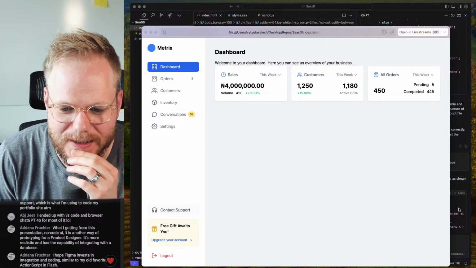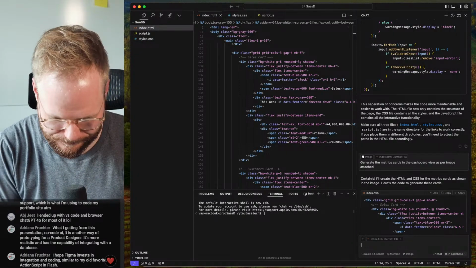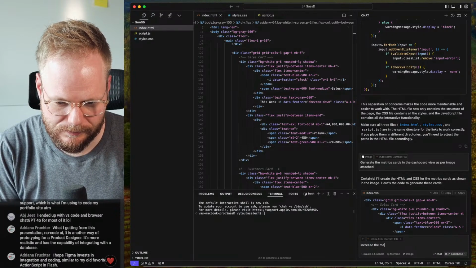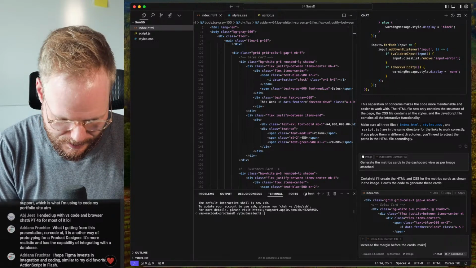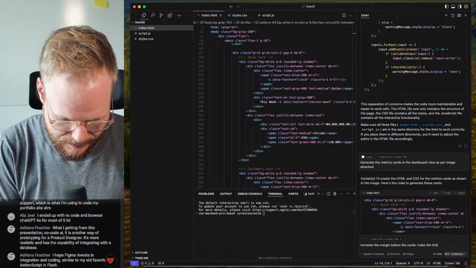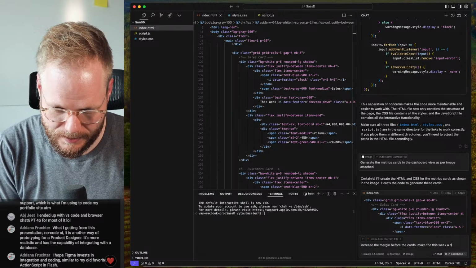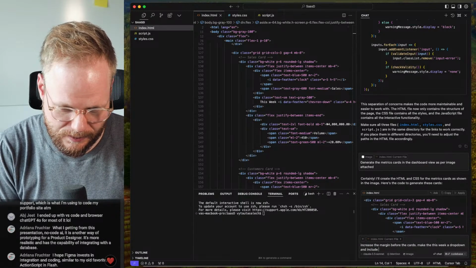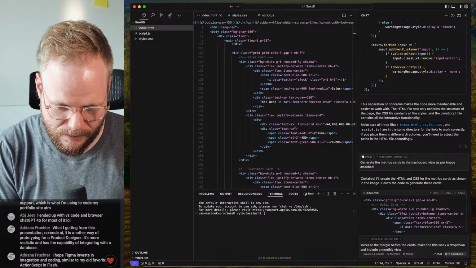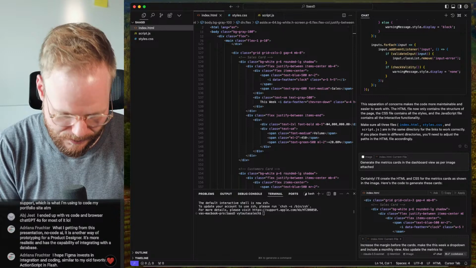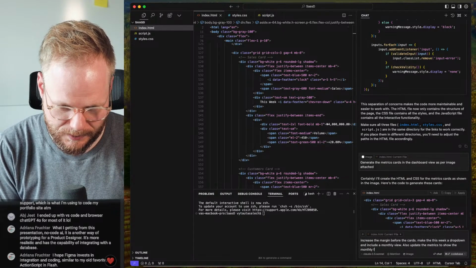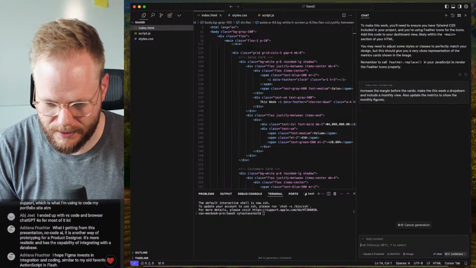But just to show that it's functional, before the cards, and also make the week drop down and include a monthly view. Also update the metrics to show the monthly figures. That's where we're gonna get into a more